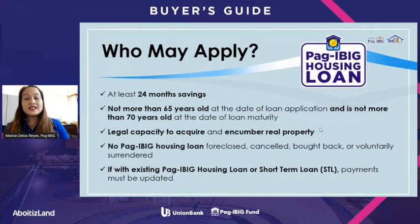Okay, our next is the eligibility. Who can apply for the Pag-IBIG housing loan? Members. Of course, the member should be an active member of Pag-IBIG Fund. Active means you have at least 1 month of contribution in the last 6 months. Our minimum requirement is that you have to be a member for 2 years or more, so at least